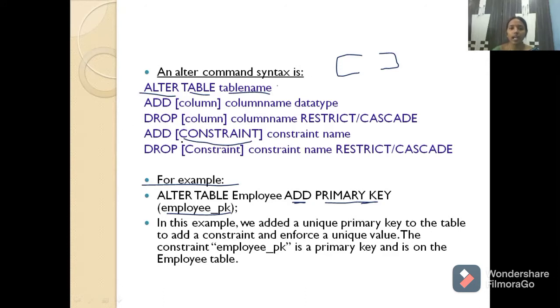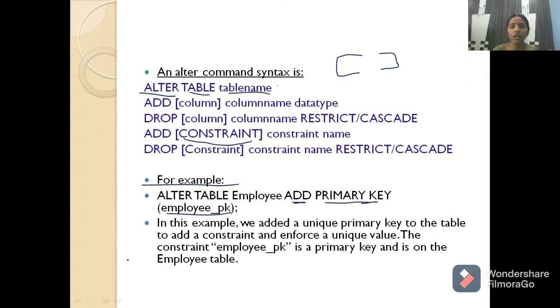So add constraint, constraint name. In this example, we are adding a primary key to the table, to add a constraint and enforce a unique value. The constraint primary key is on the employee table. That means we can add a primary key to the employee table after creating it.